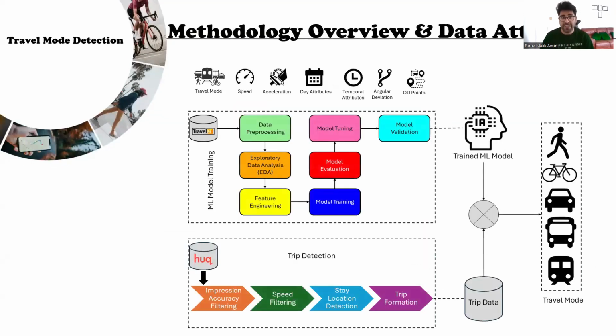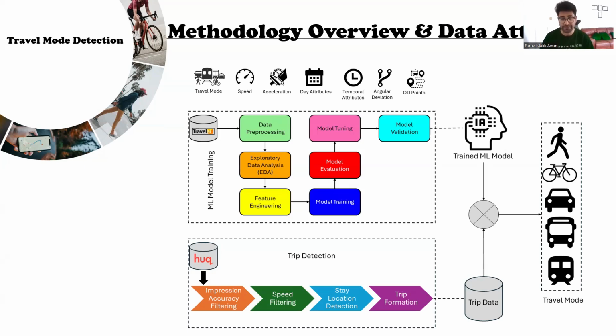Here you can see the overall aerial view of the methodology. At the bottom, the trip detection process that I just explained is provided. Above that, you can see the machine learning training process. Two tree-based machine learning models, decision tree and random forest, were trained on several features derived from our secondary data